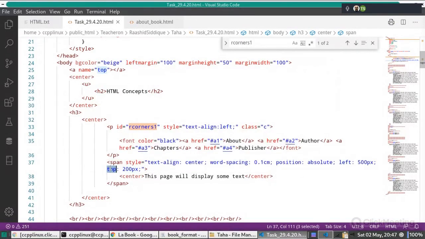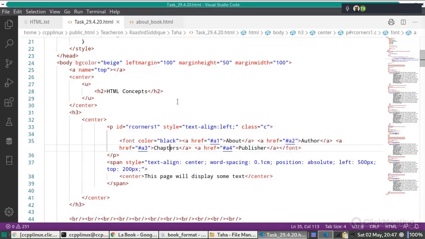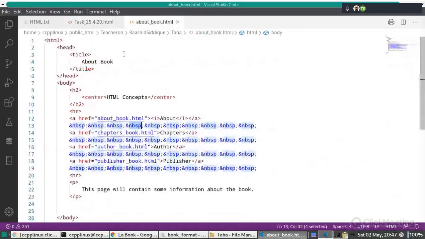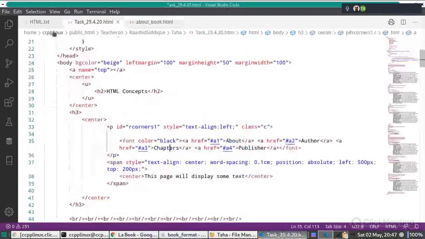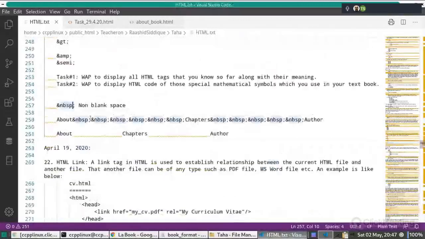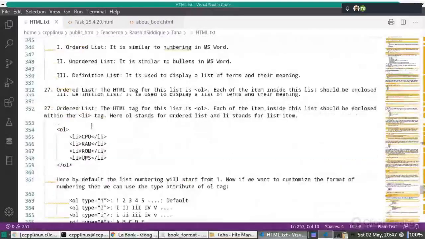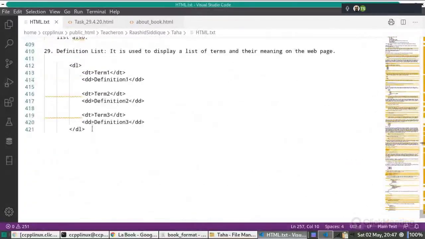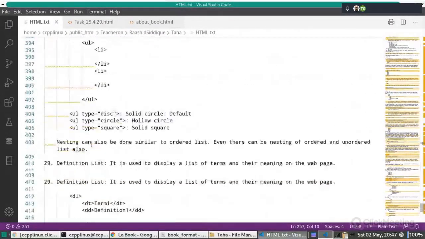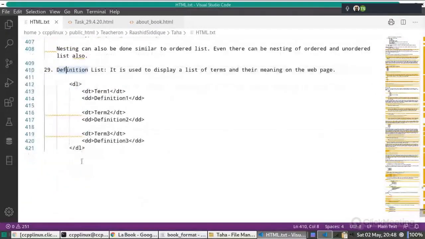And then we can position element anywhere as per our choice. Okay. So you just need to complete this one first of all. Now let us move further. Today it is this is 29. Okay.